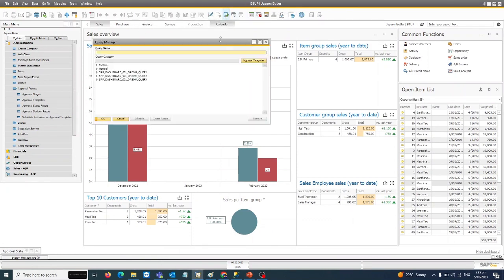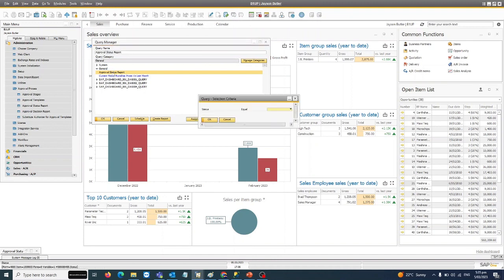Now from the manager user, I have a query here to show the documents waiting for approval, and this query has parameters or filters. It will show only documents which need approval from Jason Butler or the manager user,